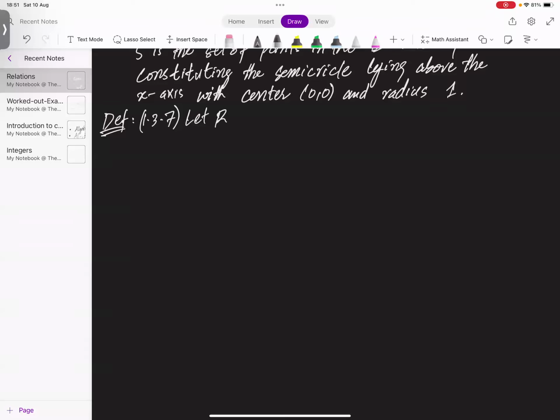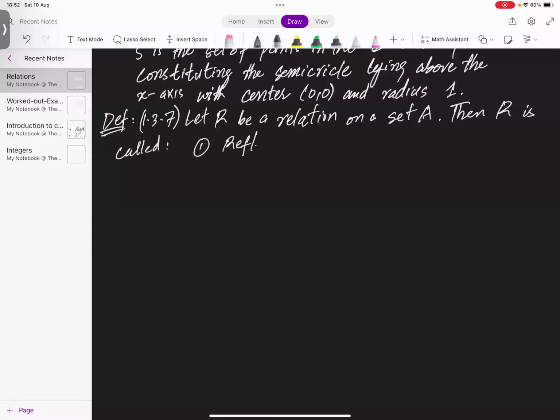Let R be a relation on a set A, then R is called one, reflexive, if for all x in A, x is R related to x. Two, symmetric,